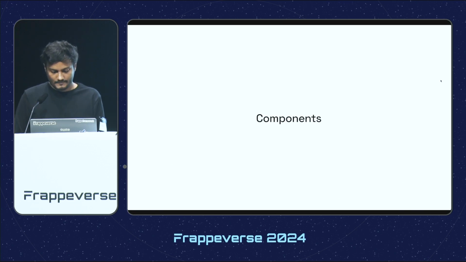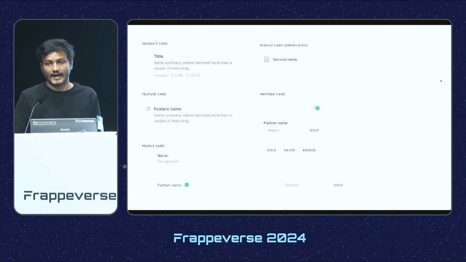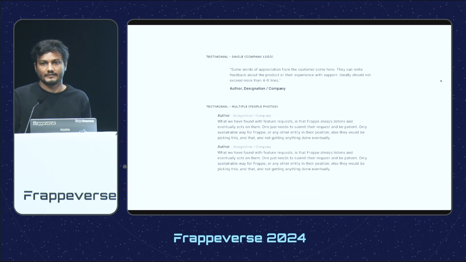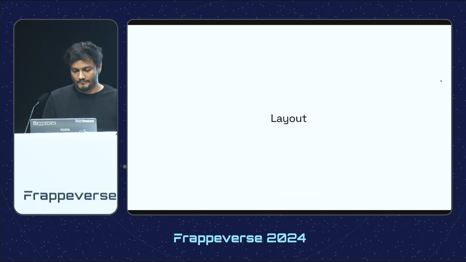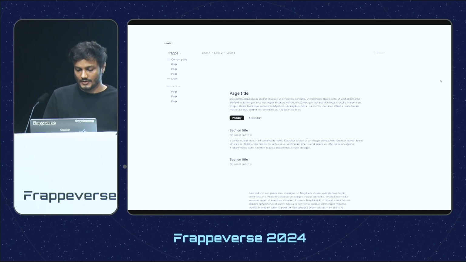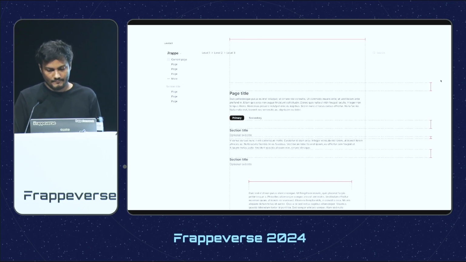So moving on, I redesigned the base components from scratch again for the second time. So like various types of cards, tags, more cards for blogs and events, testimonials. So finally putting all of it together, the layout, this is how the components would be laid out on the page, and the dimensions for it were also set.